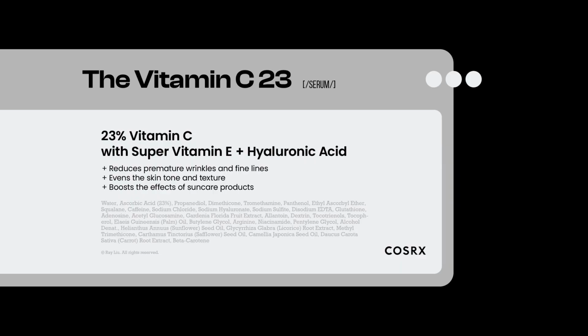Let's start strong like this vitamin C23 serum. This is a 23% ascorbic acid serum. Yes, you heard it right, 23%, just like The Ordinary's. It's also formulated with hyaluronic acid for the extra boost of hydration. Remember how